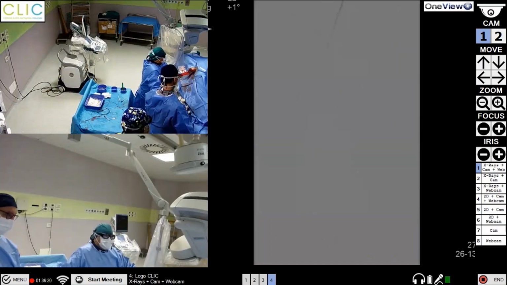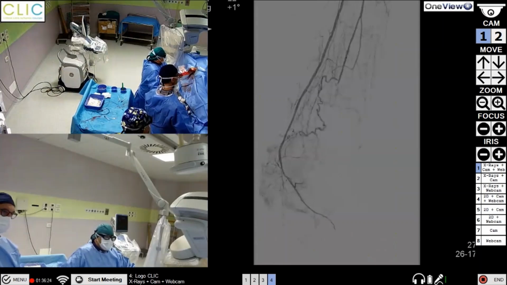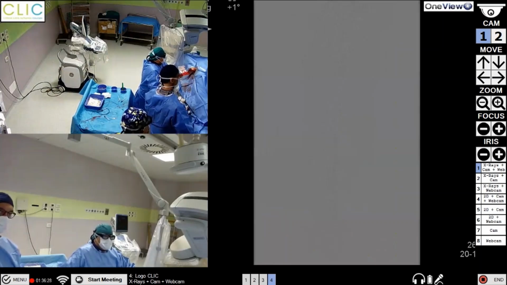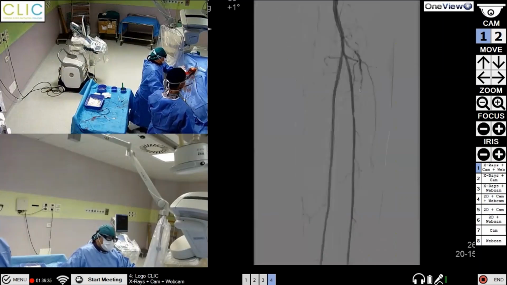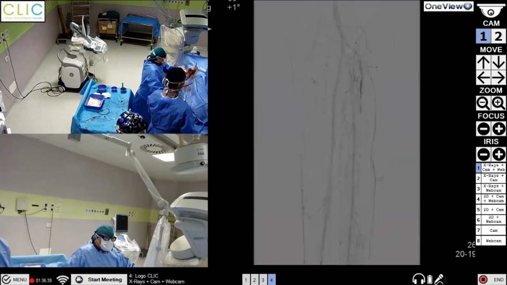We used a semi-compliant balloon, a very poorly compliant balloon, 2.5 in all the posterior tibial from the ostium to the common plantar artery. The result seems quite acceptable, quite good. And then we decided to go into the anterior,